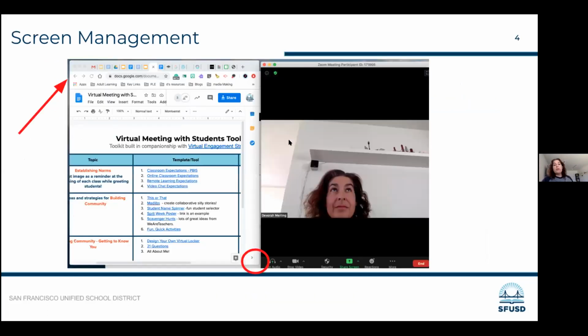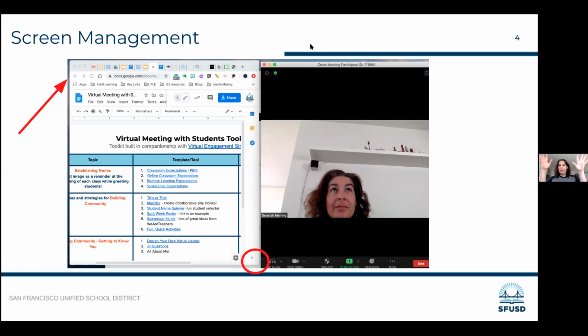Okay, screen management. You can have two windows up at the same time: the meeting itself and the document we're going to be working on, which is called Virtual Meeting with Students. It'll be a little toolkit, and there are going to be multiple times during the session where you will be using it and working in it. So please feel free to switch.